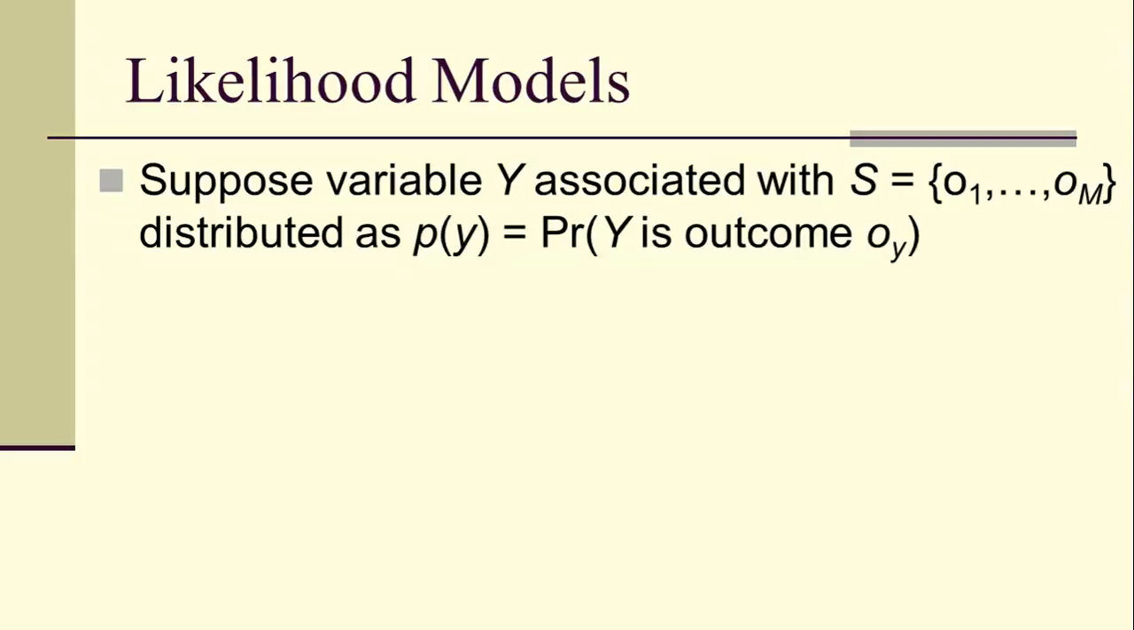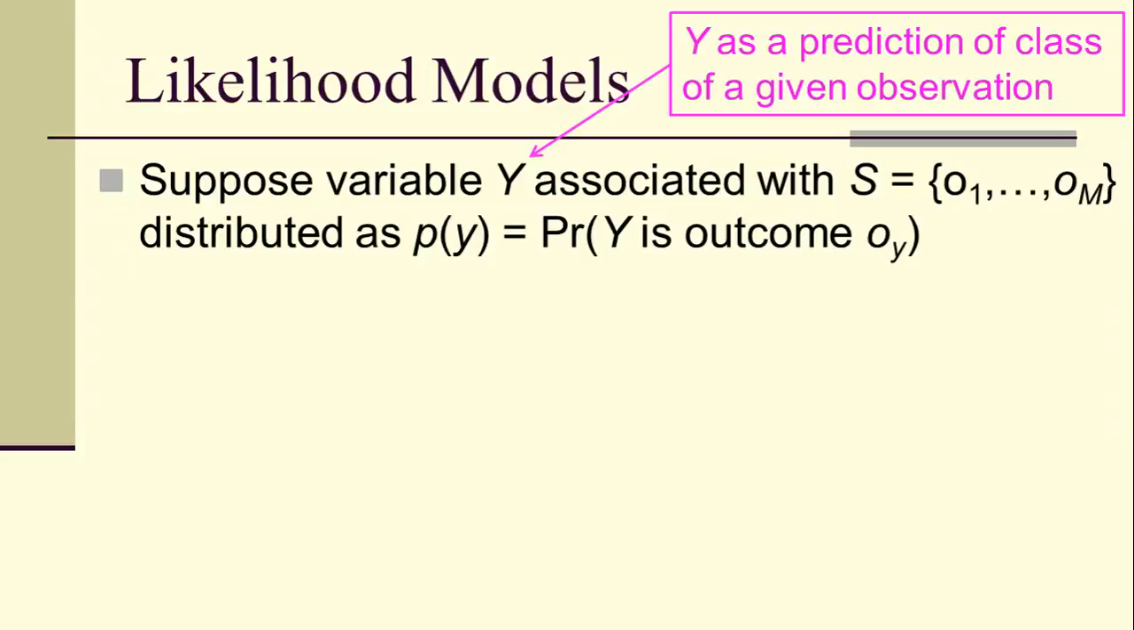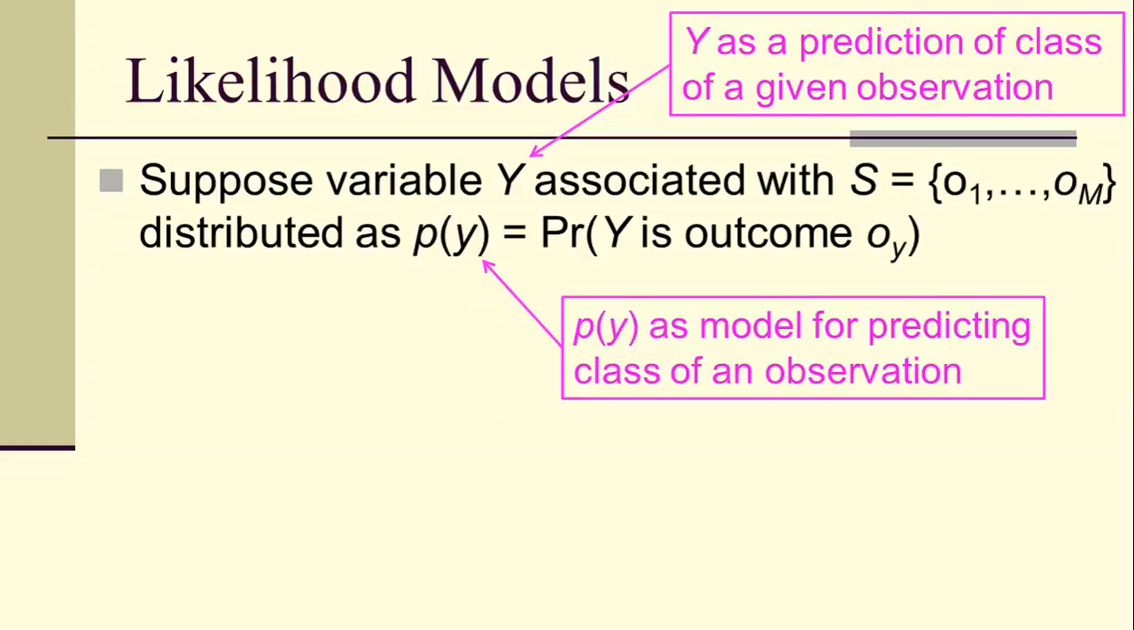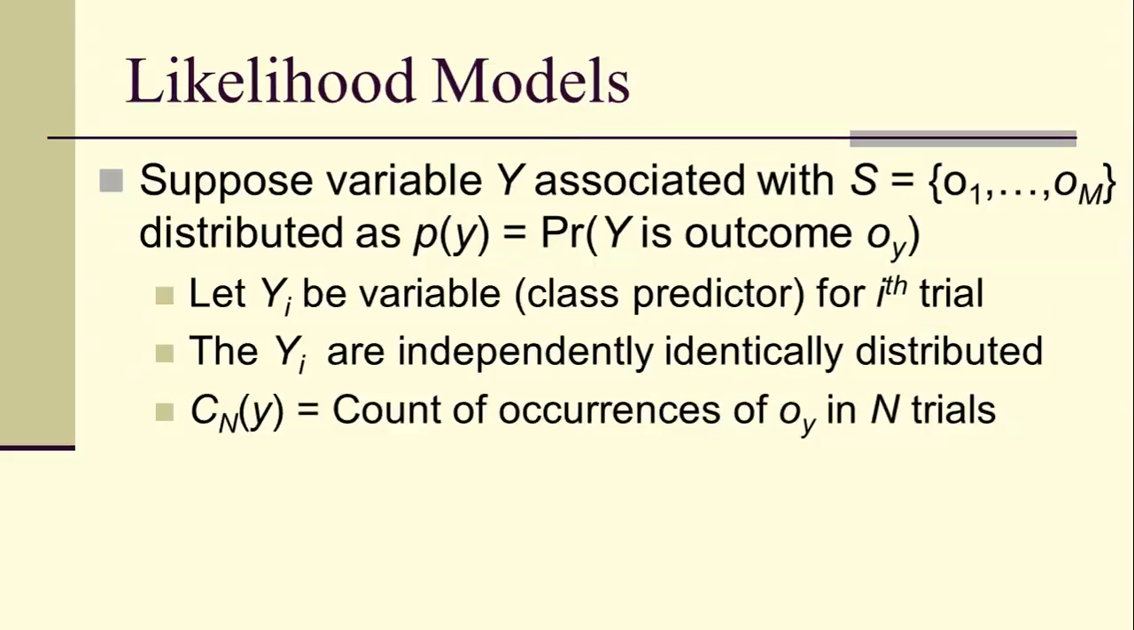So, likelihood. If we have a variable y associated with some set of outcomes O1 to OM and has a distribution P of y, then we're using y here because we're usually predicting the class of a given observation. And so P of y is a predictive model, a model for predicting the class of an observation. Let y sub i be the variable for the ith trial, and assume the capital Y sub i are independently identically distributed. And C sub capital N of y is a count of the number of times the outcome O sub y